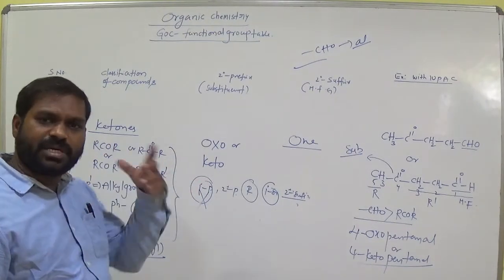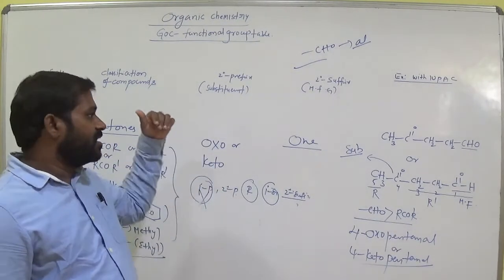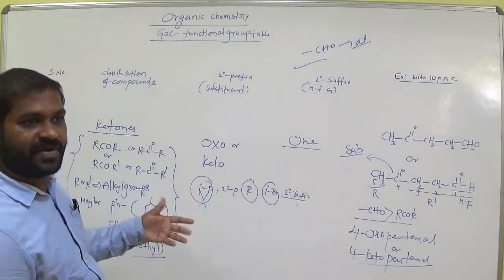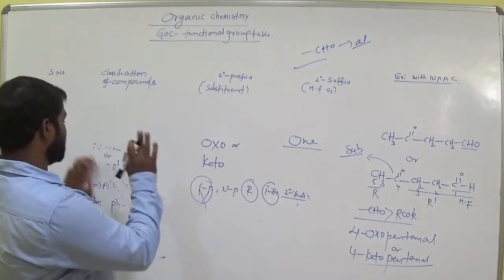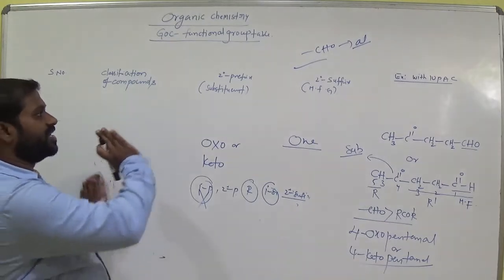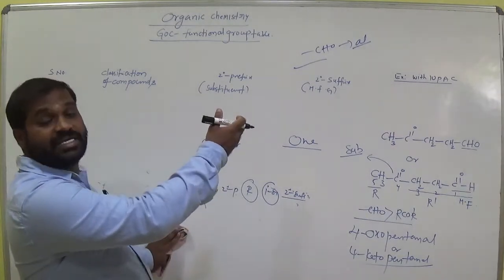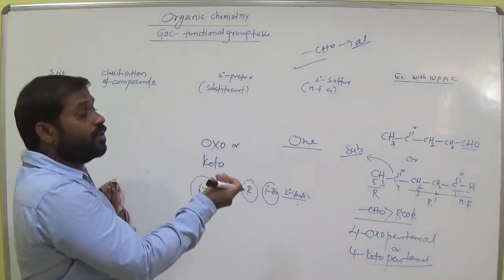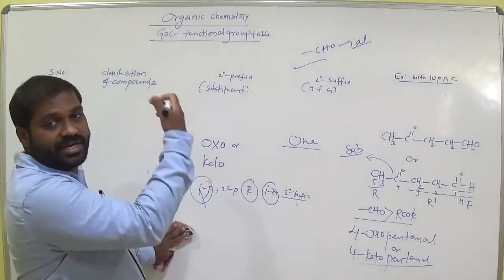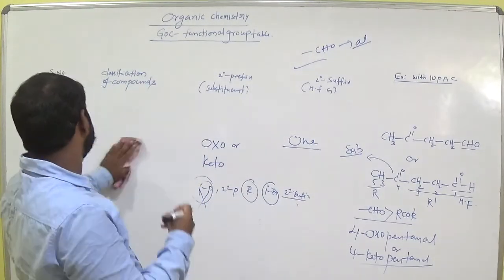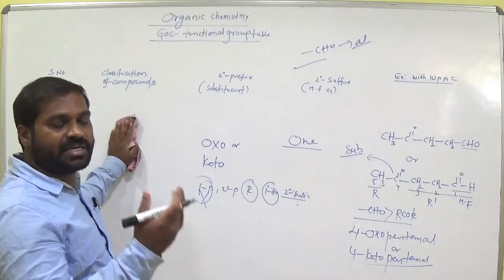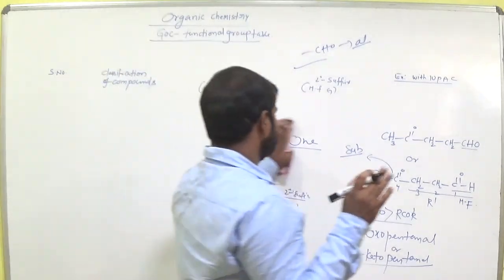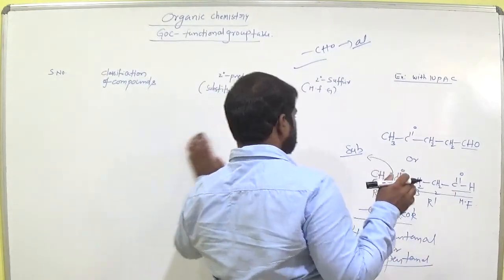These are some examples. Later we will discuss a number of examples for each functional group, using different methods. These are just an idea of what the functional group, the secondary prefix and the secondary suffix are, and how to give IUPAC names according to the rules. Then we will go for practice, and then we will have a complete idea about this.